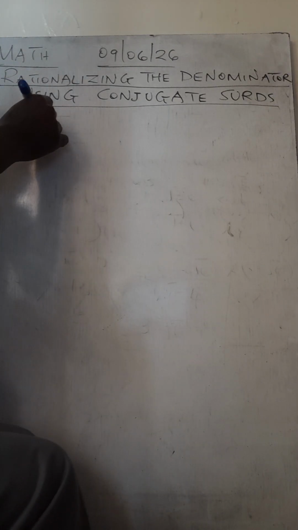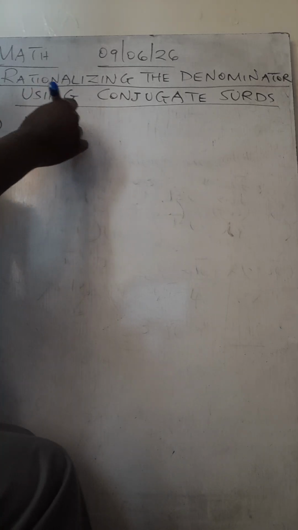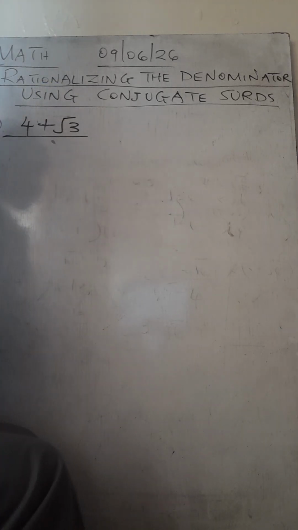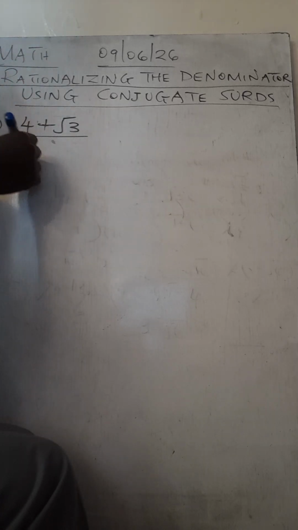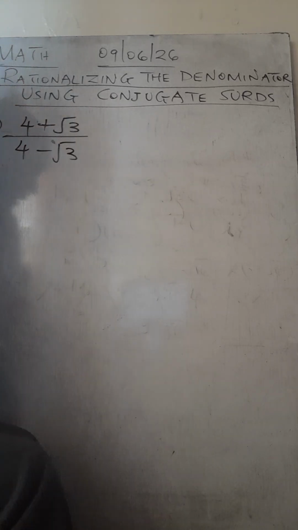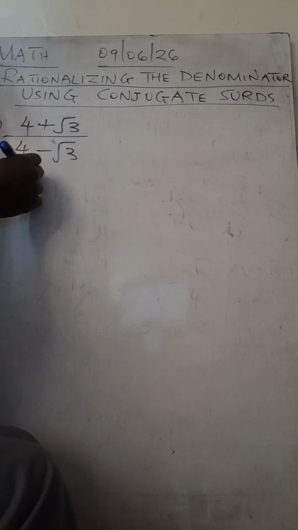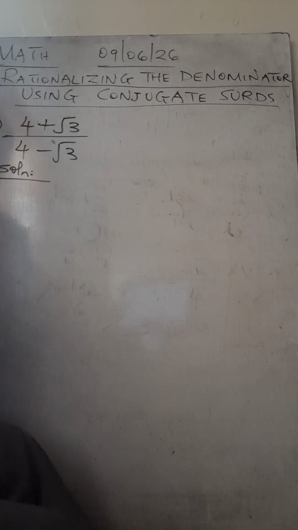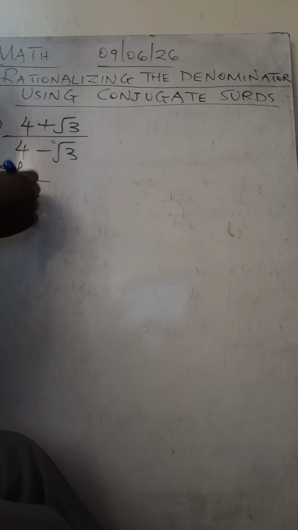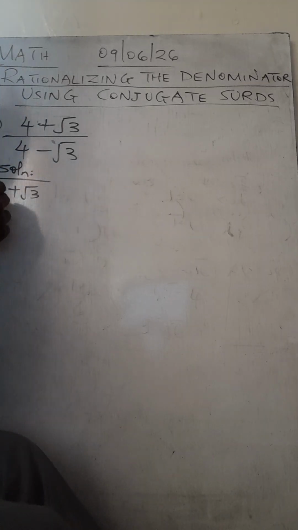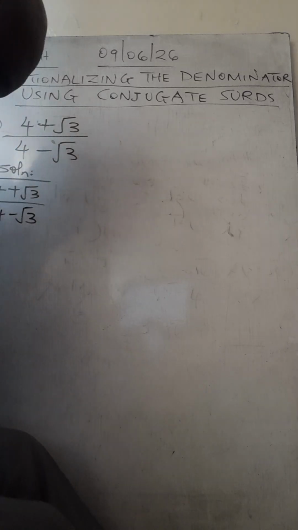4 plus root of 3 over 4 minus root of 3. You are supposed to rationalize this. So this is what you're going to have: 4 plus root of 3 over 4 minus root of 3